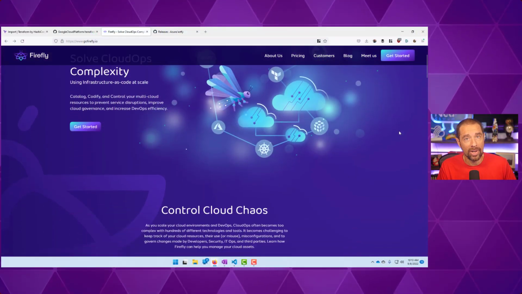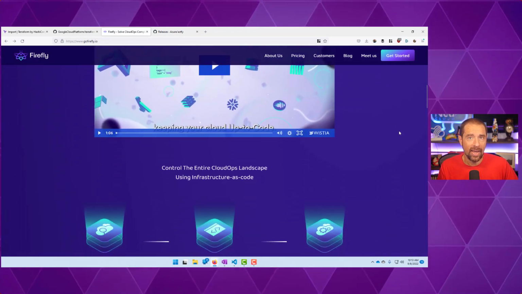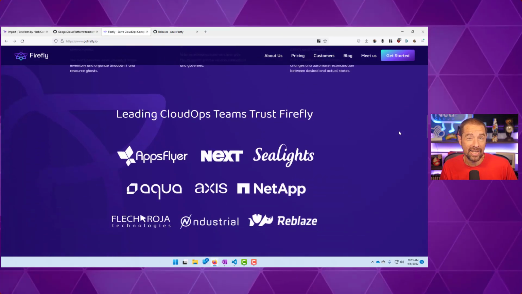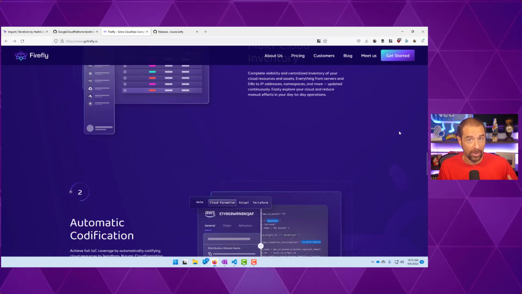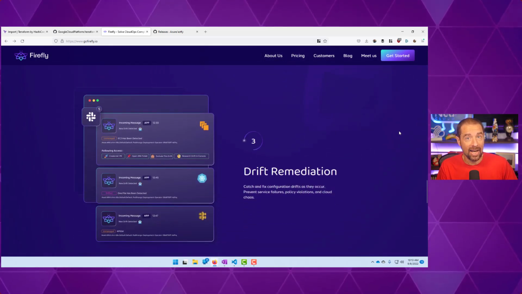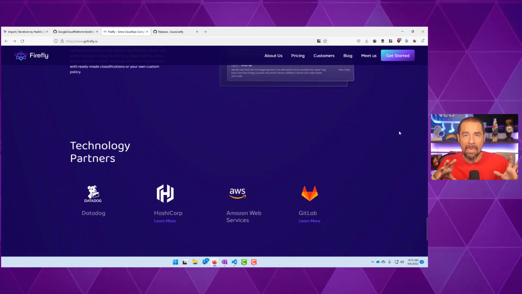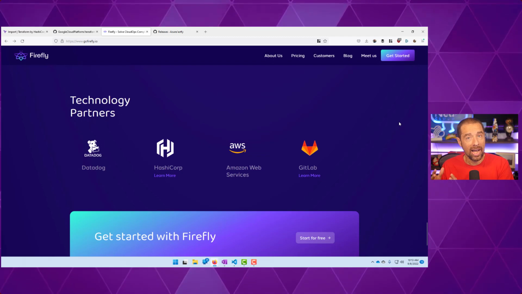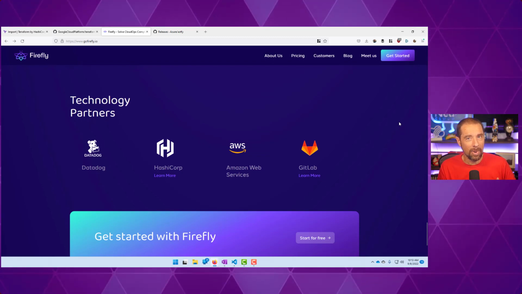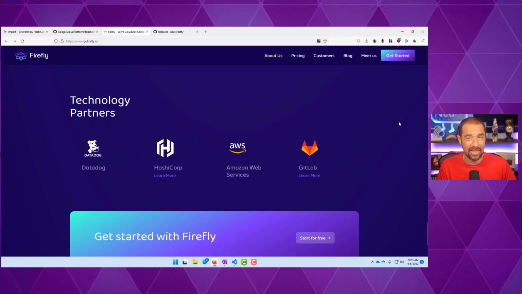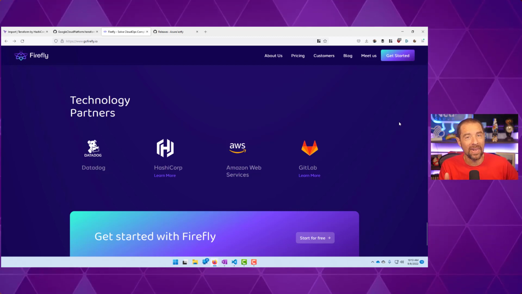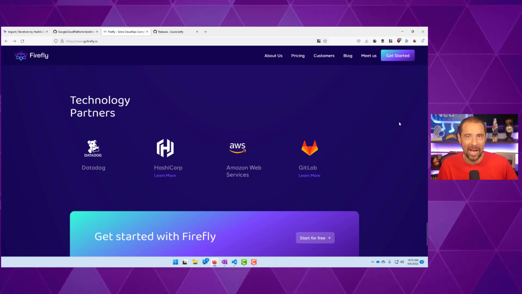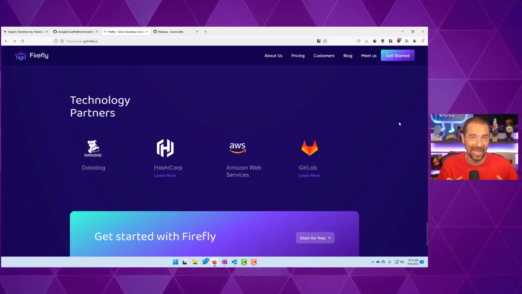There is one more I want to mention called Firefly, and I'll include a link to gofirefly.io. It purports to build the configuration, populate the state data, and actually create a more malleable or dynamic configuration than what Azure Terrafy can do or any of these other tools. I think it is a paid product, though I'm sure there's a free version. I haven't delved into it too far. Hey, if you're a Firefly person out there and you wanted to sponsor an episode where I do a deep dive, I'm definitely game. But let's take a closer look at Azure Terrafy and what it is able to do